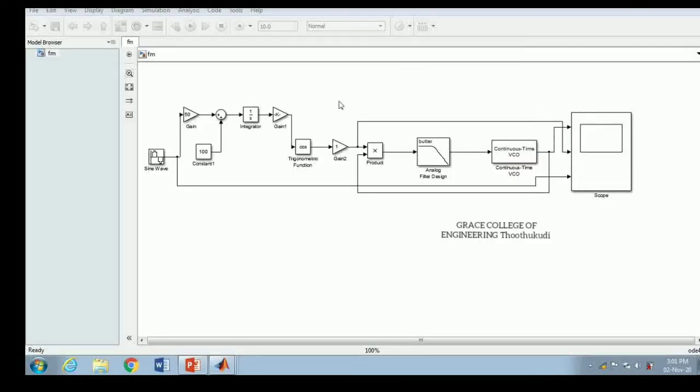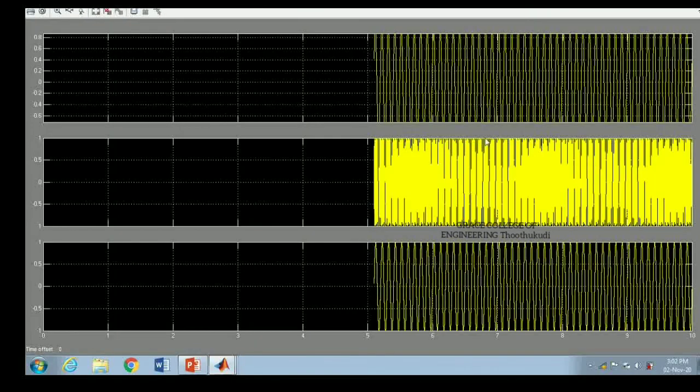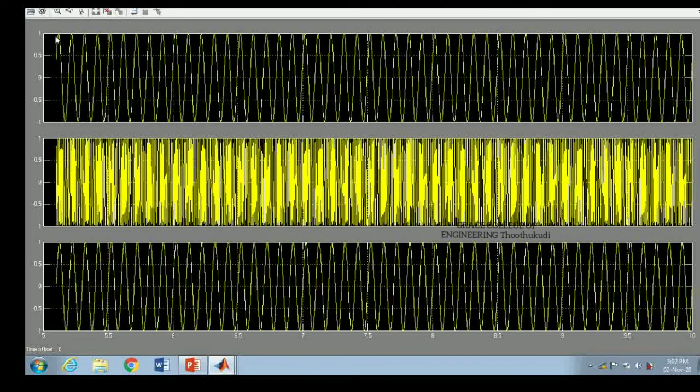Next we are going to save this. I have already saved. Now we are going to run. Here is the run button. The run is done. Then I am going to click the scope window and I have got the output. Now I am going to expand it. Under Axis here there will be an option, so here I can zoom a little bit.